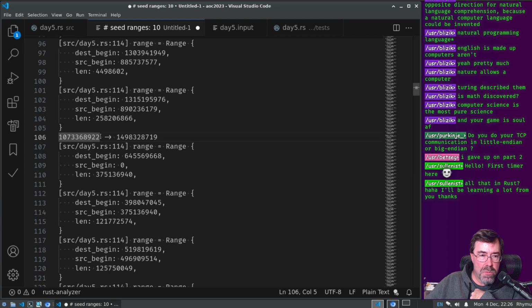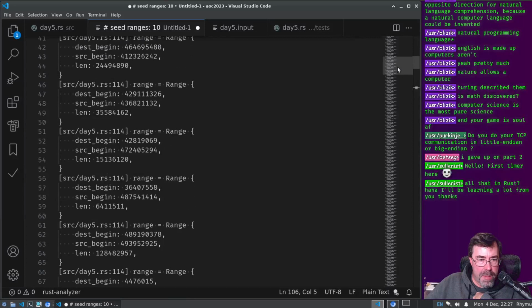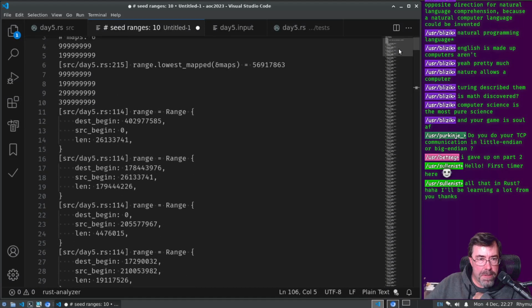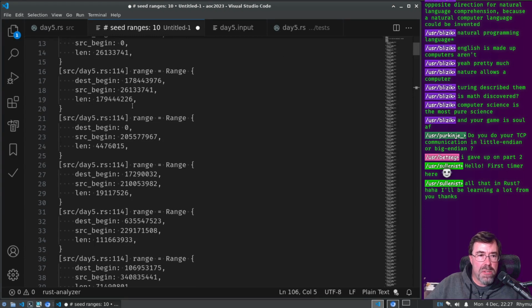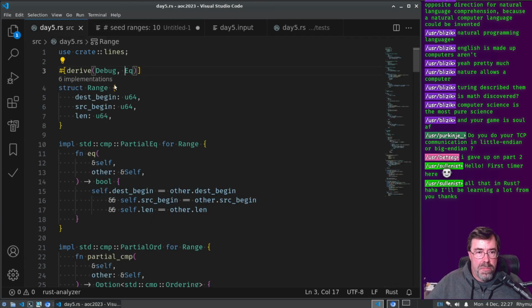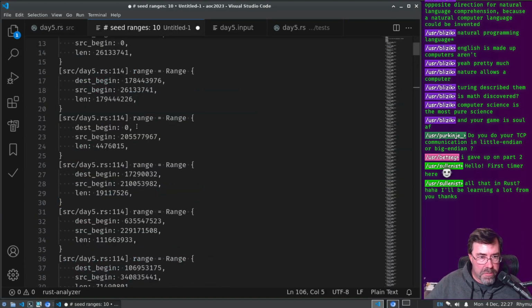So it's within the third range of seeds. And that does match. If I printed an extra line where it actually finds it, that might help. But let me see if I can see it again.